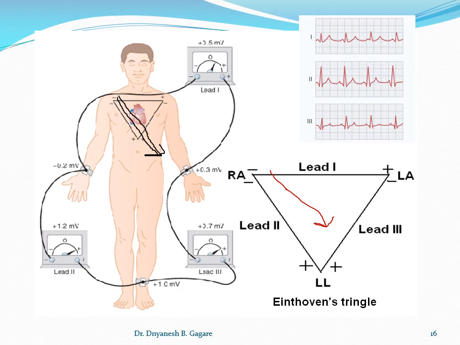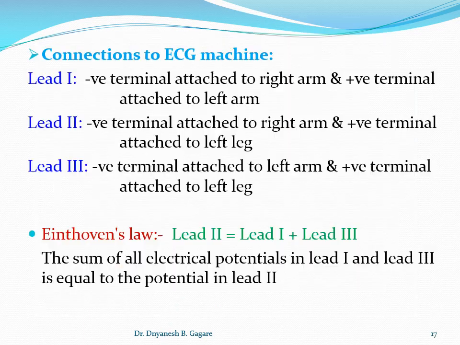See students, in the next slide, here these are the connections of the wires that we just discussed, but coming to one more point, that is Einthoven's law. Okay, Einthoven's triangle, Einthoven's lead. In case the question is on Einthoven's leads, then you have to explain what we discussed, that is, the bipolar limb leads, their connections, where the wire is connected, and you mention it.